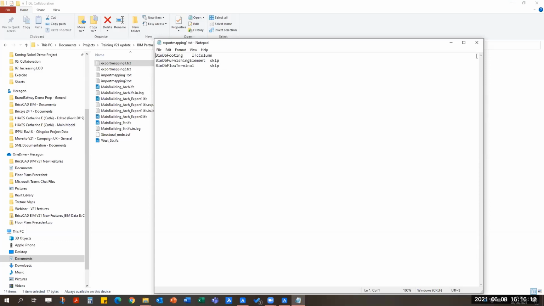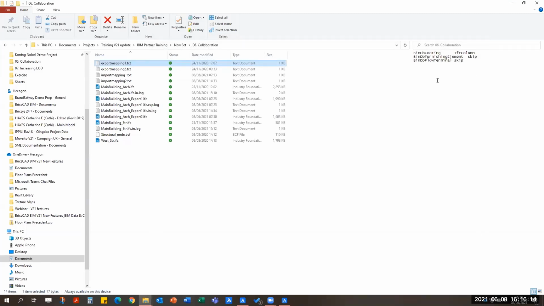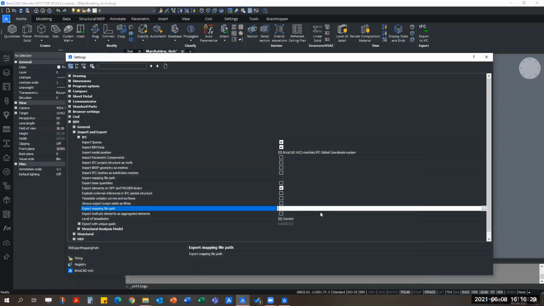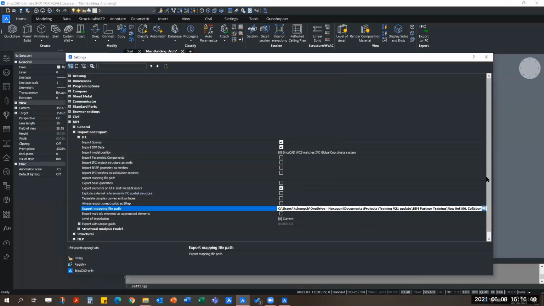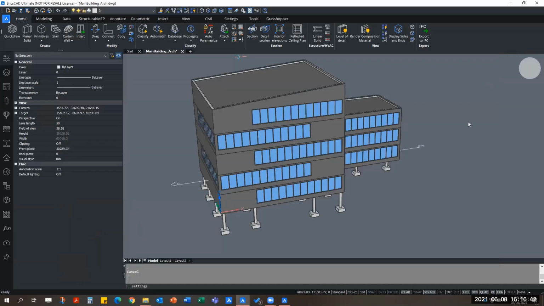For example, if you'd like to export a part model or simply specific categories of the selected model, without having to manually select them and then export these selected entities. So let me just show you. So export mapping file path, obviously, I'll click on this guy. That's the one that I just explained. Click open, I'll close. And right now, what you can do is you can just go straight to this one,